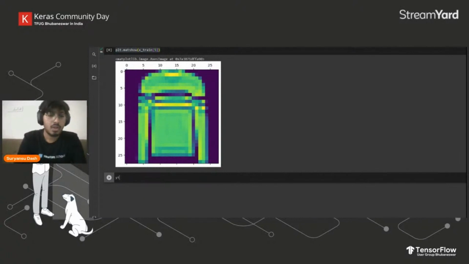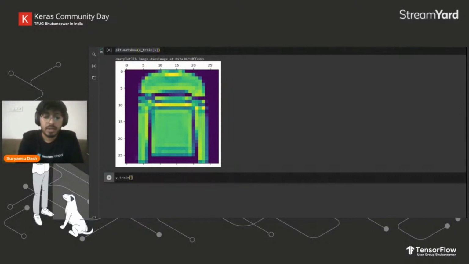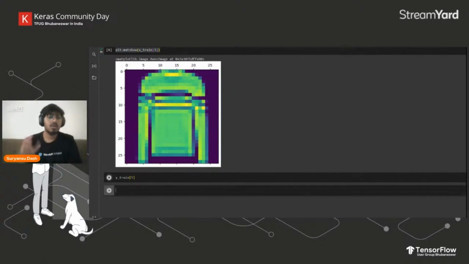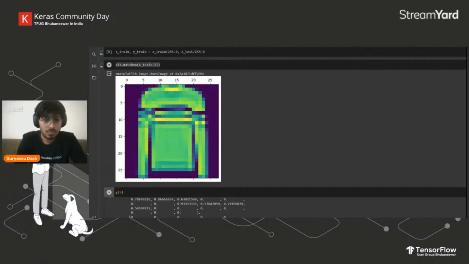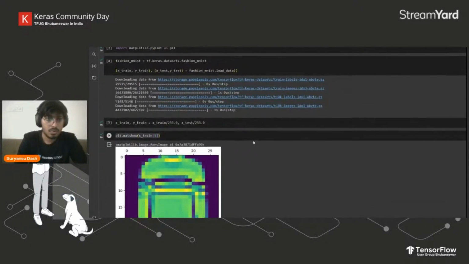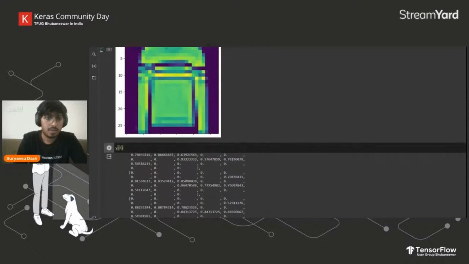Since machine learning models are computerized models, they need some kind of numerical labels to understand. So for this value, the output will not actually be shirt; it will be a label.